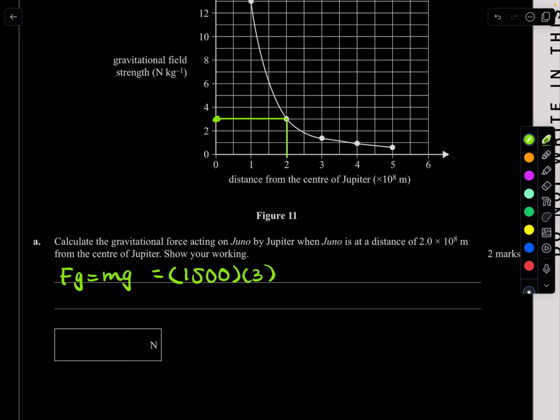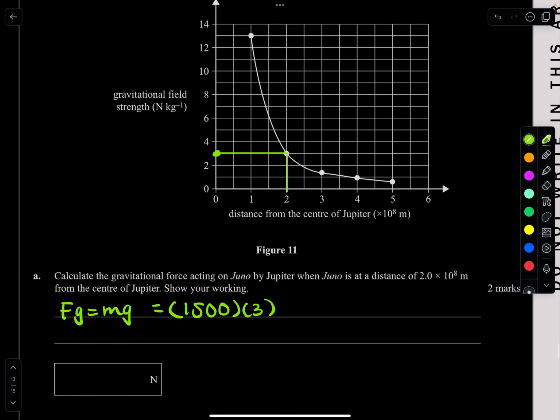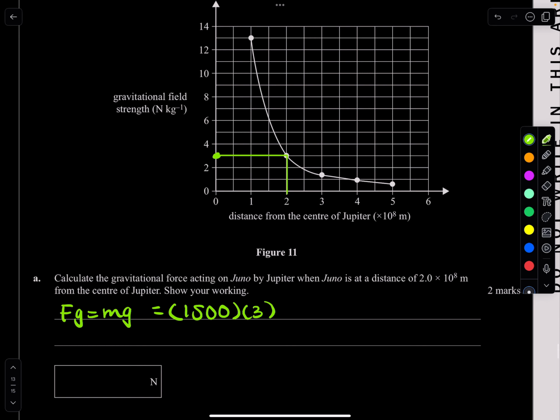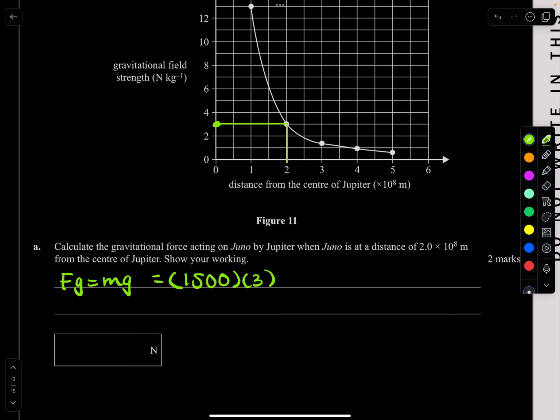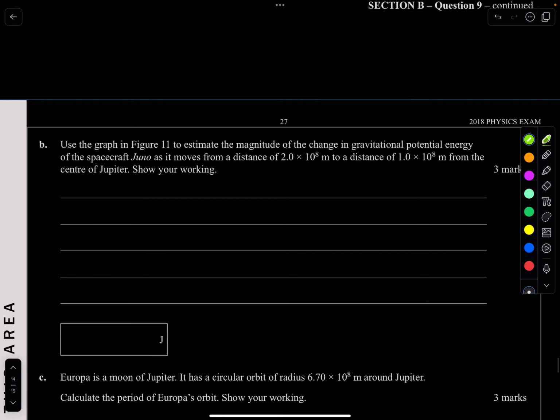Which is just going to give me, to 2 significant figures, 4.5 times 10 to the power of 3. Done. Use the graph in Figure 11 to estimate the magnitude of the change in gravitational potential energy of the spacecraft Juno as it moves from a distance of 2 times 10 to the 8